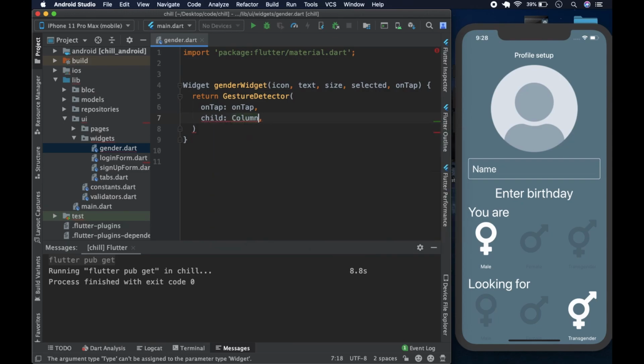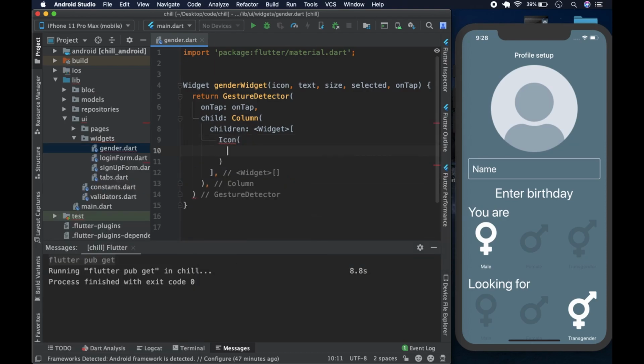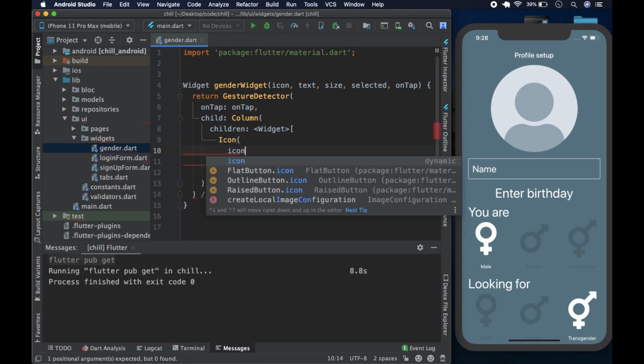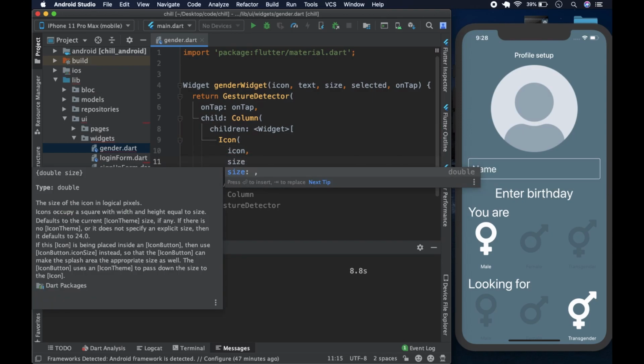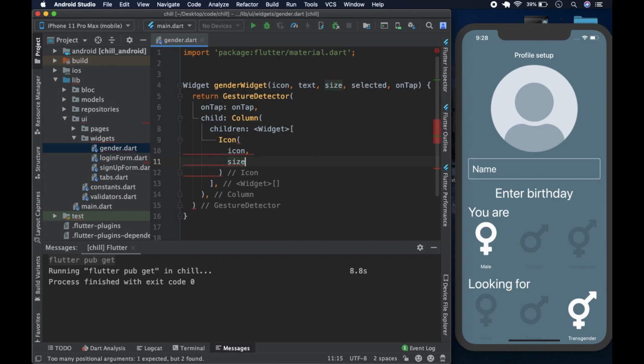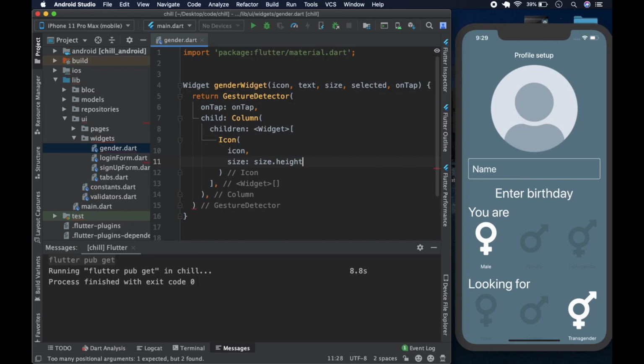And its child, rather, it's going to be a column which is going to have children, and the children are going to be icon, and this icon is going to be the icon passed in. The size is going to be the size passed in. Size actually is going to be size.height. We're calculating the height, of course, from the measurements of the media query, and we multiply it by 0.11,